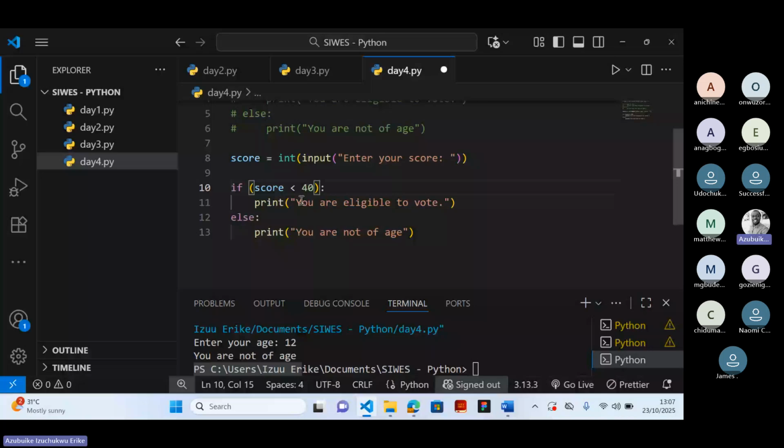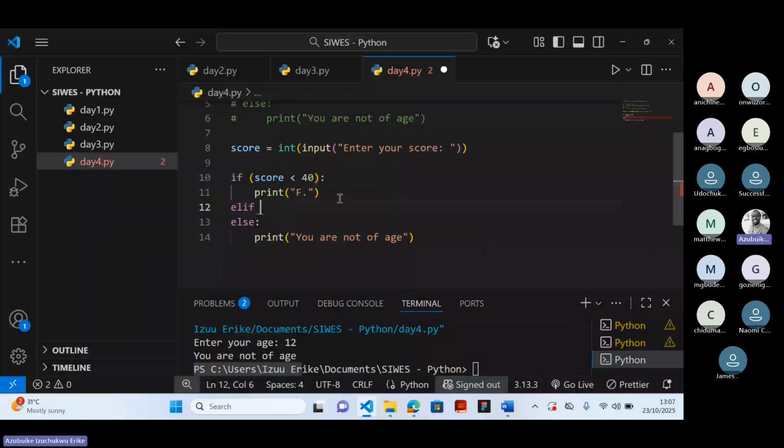It means that the student has F, right? All right, are we together? So if a student score is greater than or equal to 40,